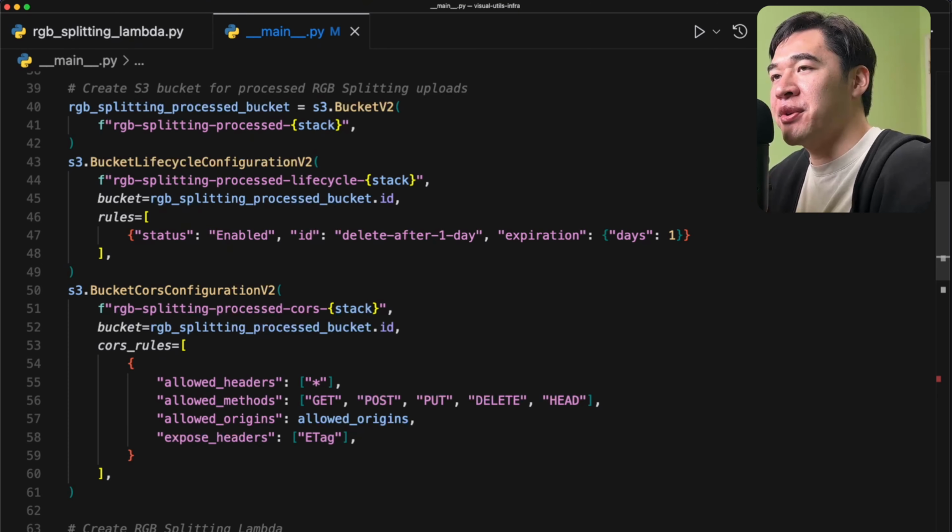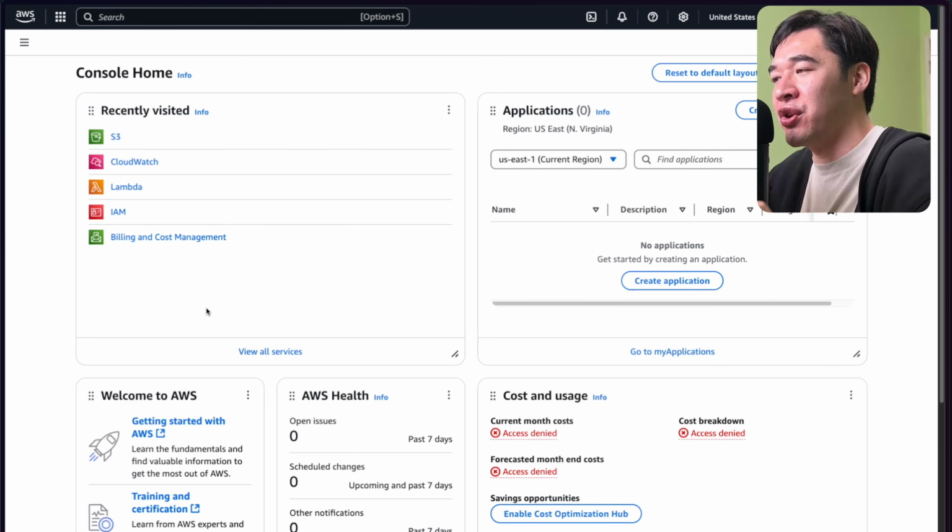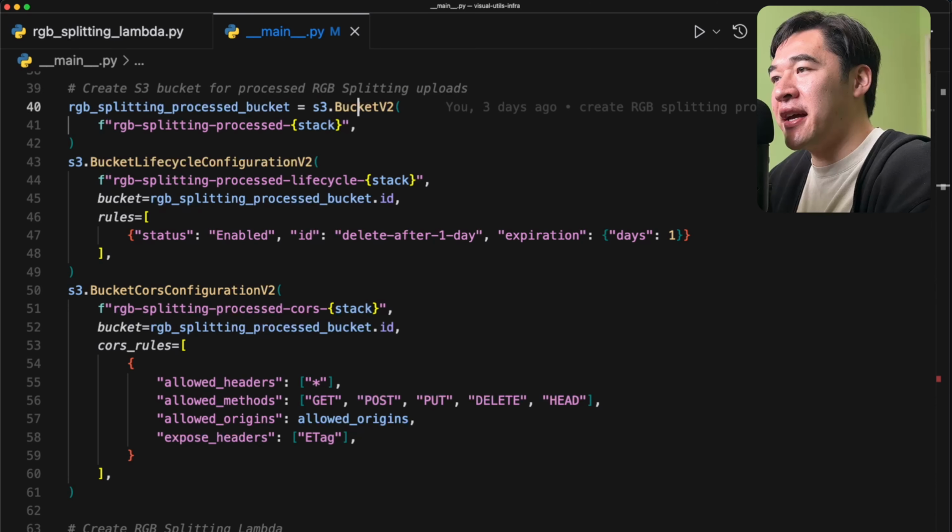So this is my infrastructure as code package. And what I'm going to do is walk through all the resources that I create through code and then go into the AWS console and show you how the code that we write is correlated to all the infrastructure that gets created in AWS. So then the first thing I want to do is create the S3 bucket to store